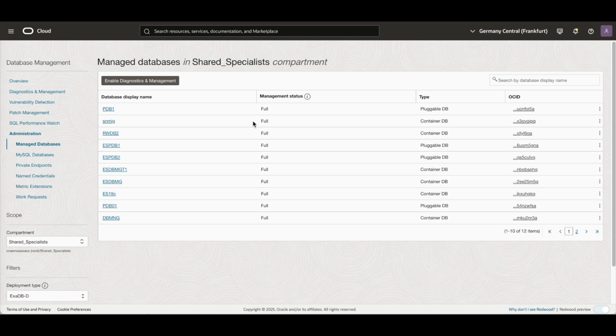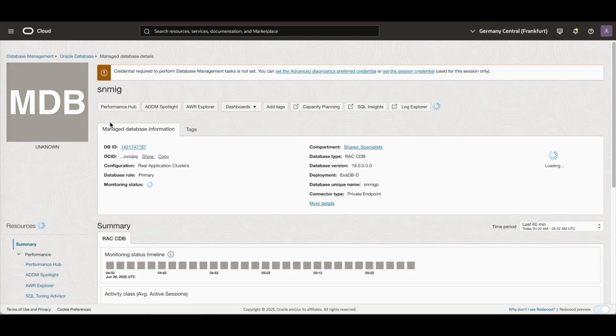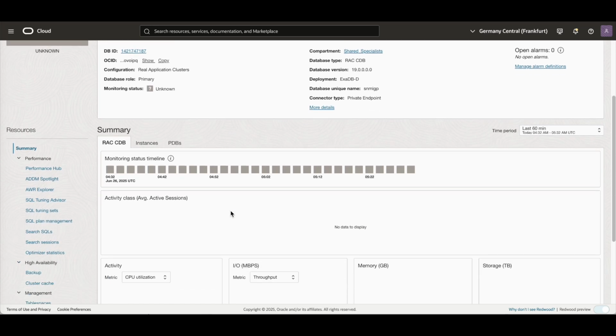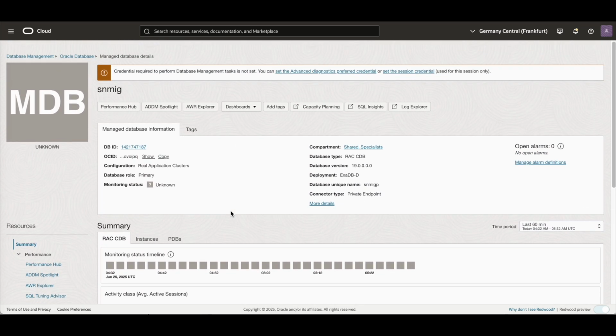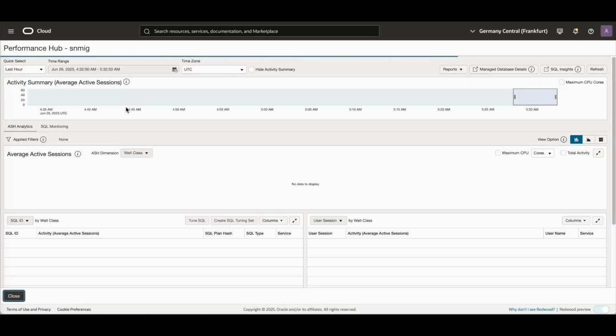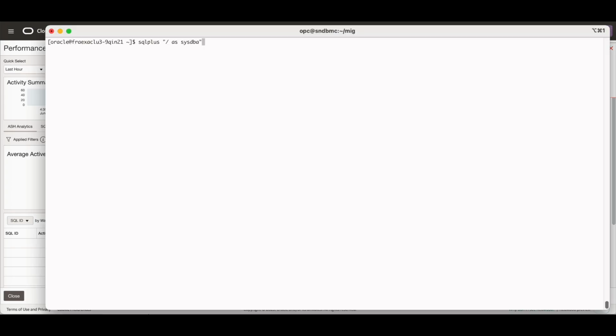So click on SNMIG database. So it will take some time to load the data, but we also have to do some additional work. Go to Performance Hub. So you will need to grant all these privileges to the system user.